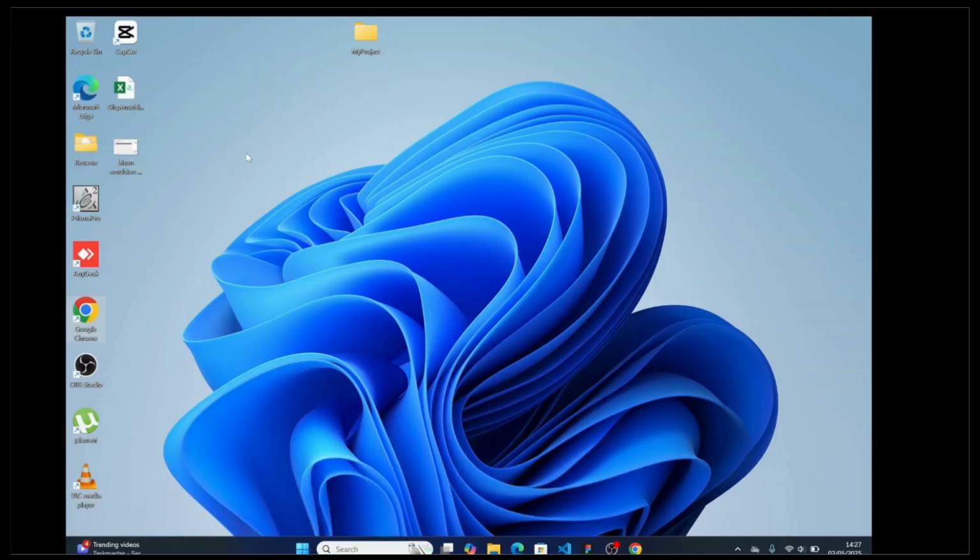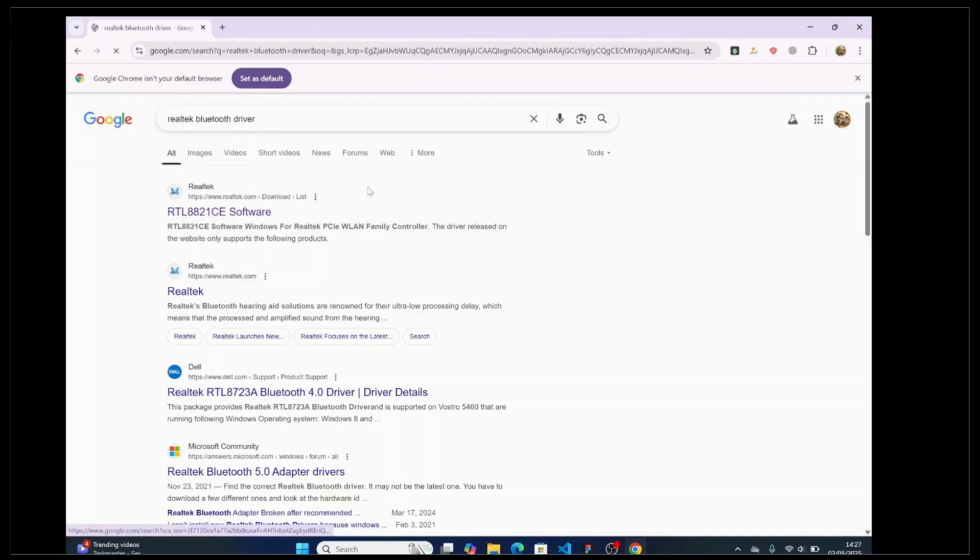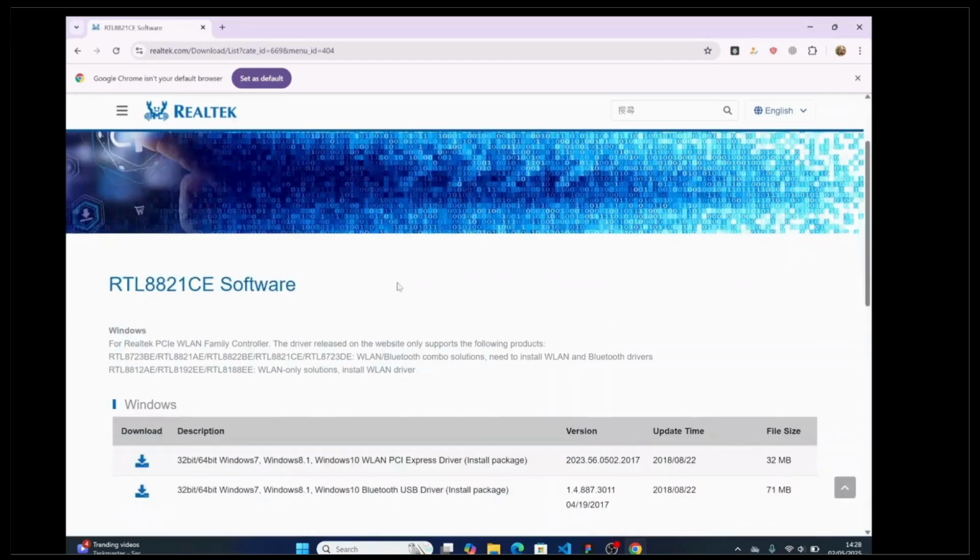So let's get started. First thing what you need to do is just head over to your favorite browser and simply search for Realtek Bluetooth driver, just like this. Once you search for that, you can see at the top that is the official website of realtek.com. Simply tap on this, just like this, and once you're inside here, finally you can